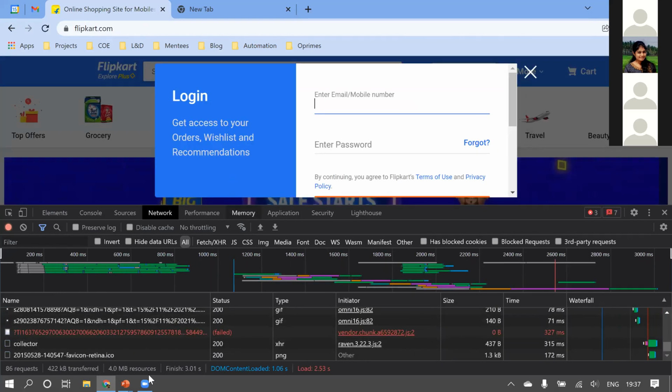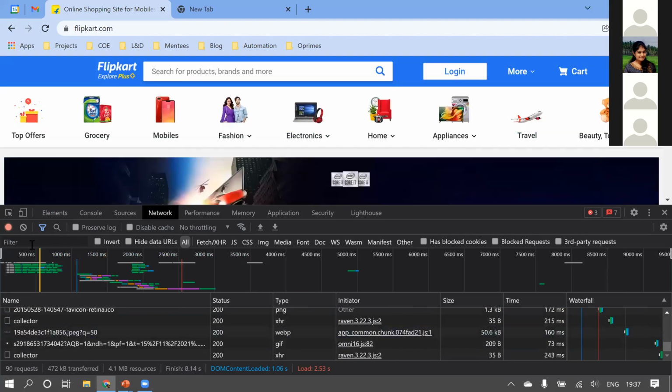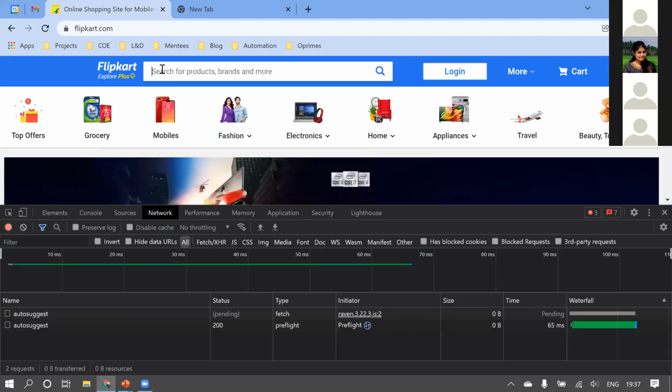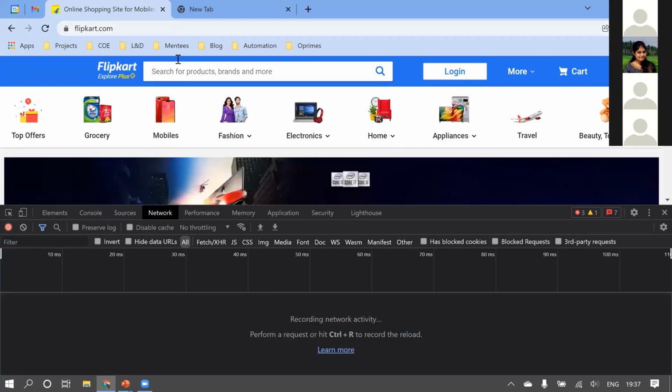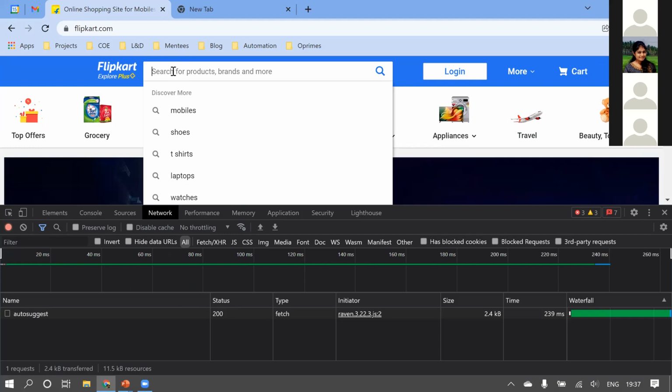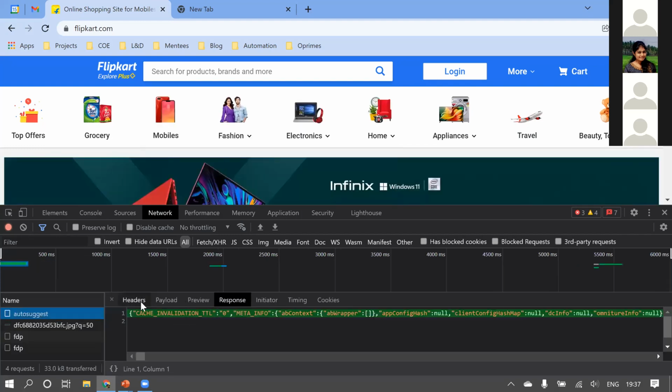Okay, so the resource endpoint, sorry. Okay, now that I have logged in, auto suggest is an API. Okay, can you see this auto suggest? This is an API.